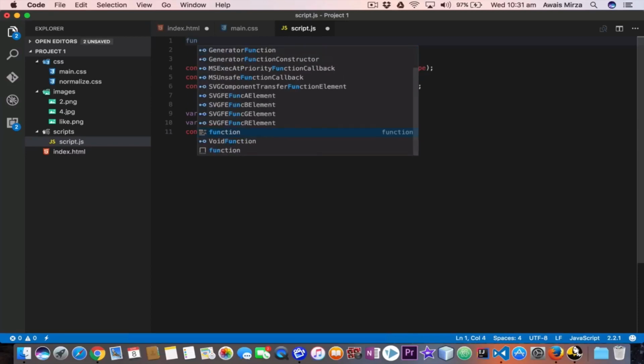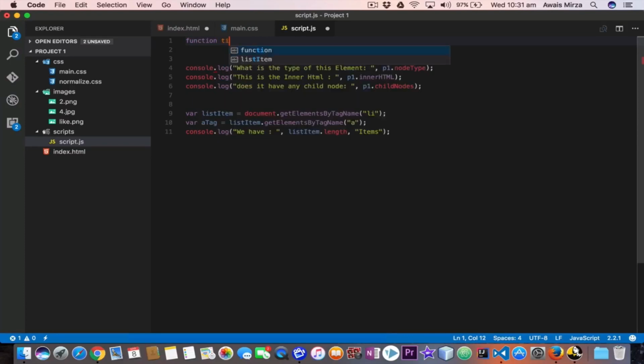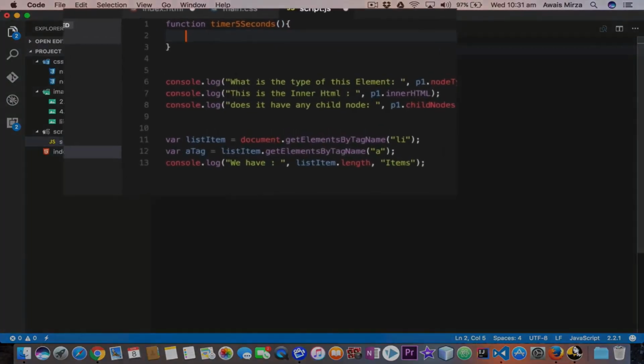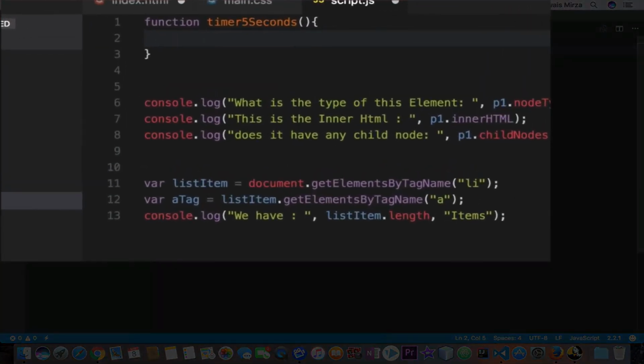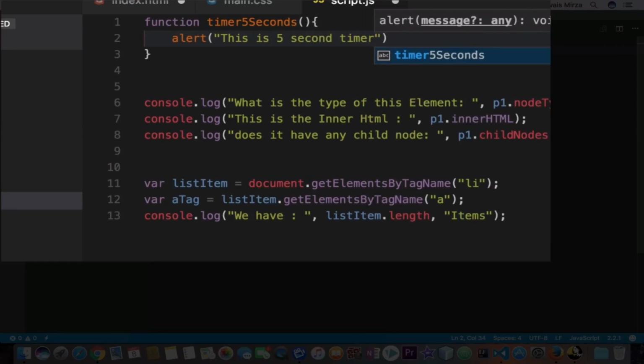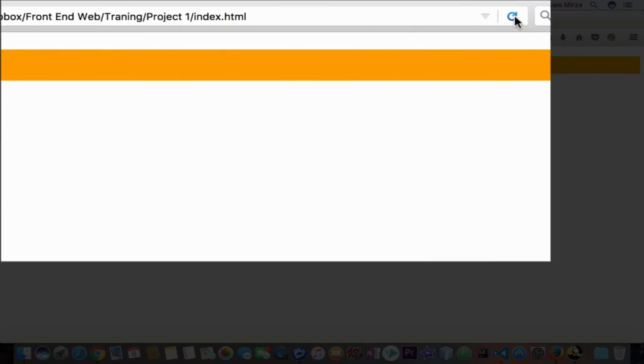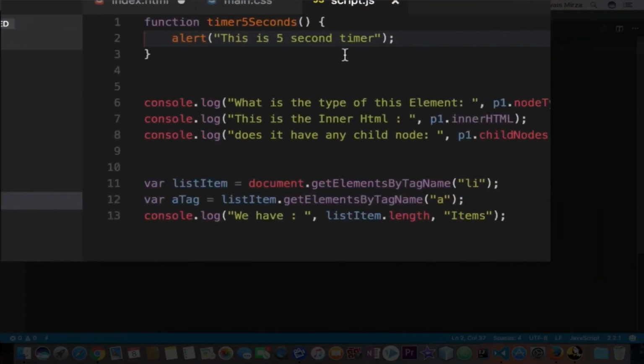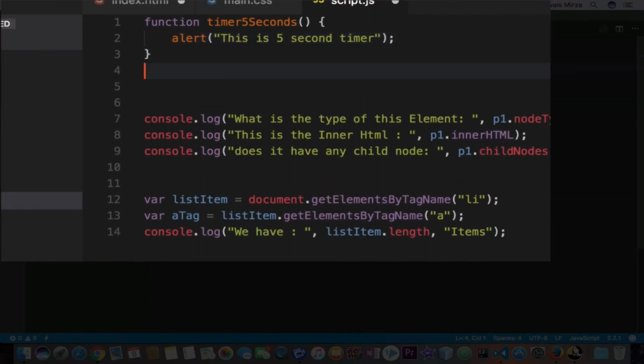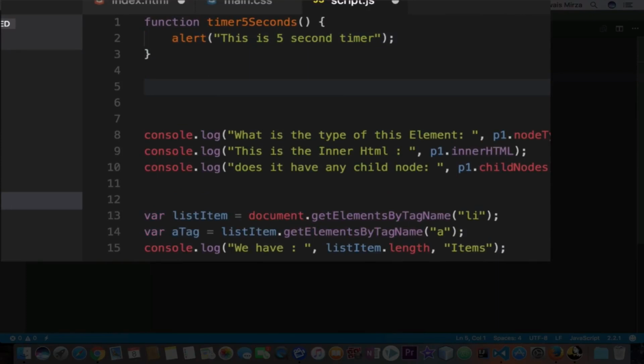So let's say we create a function, and I'm going to name my function timer 5 seconds. And then in the function we use a simple method, let's say just the alert box, and here I'm going to say this is the 5-second timer. I'm going to save the file. Let's go back to the page. If I refresh that, as you can see the function did not fire up because we haven't called that function yet. Now you can call the function by just typing the name, adding parentheses and a semicolon, but now